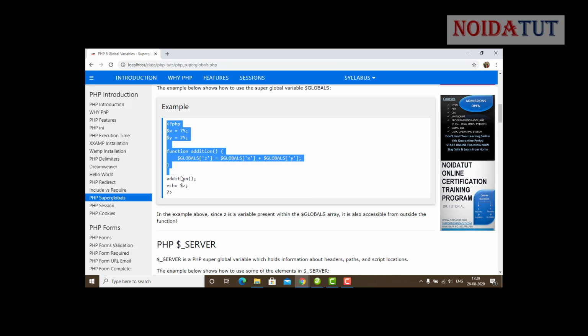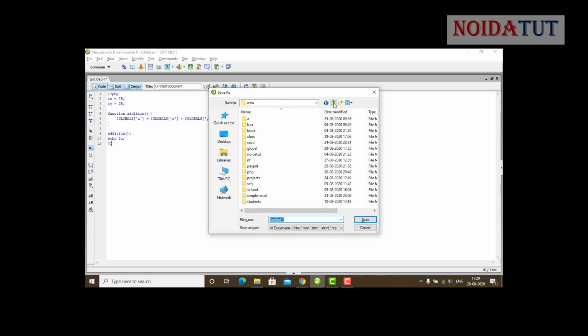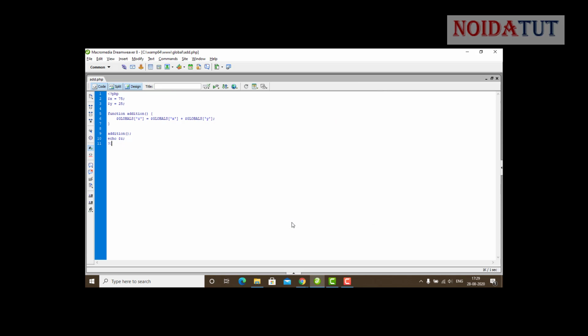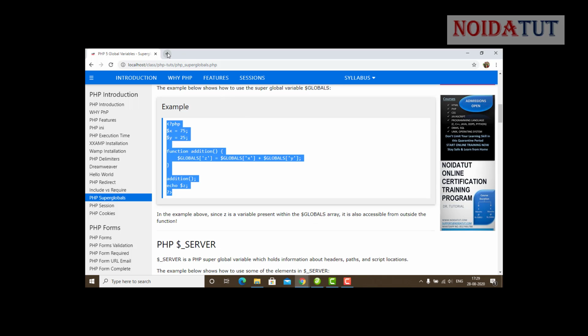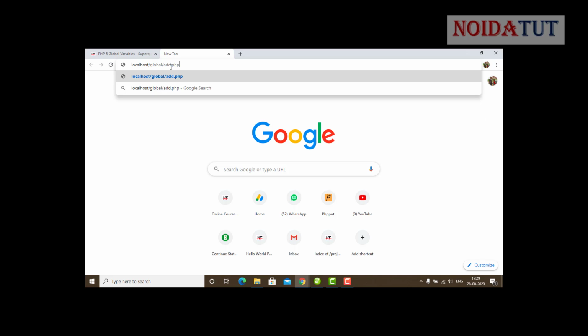Now let us try to run this. You can see that after running the program we got the output 100.